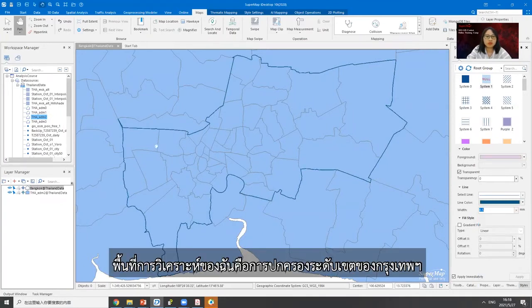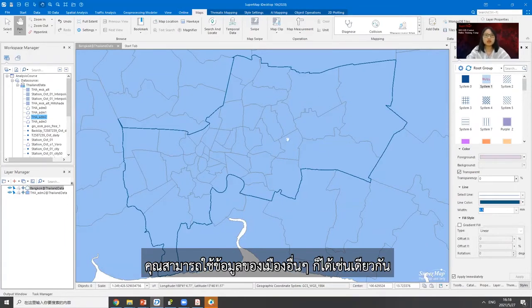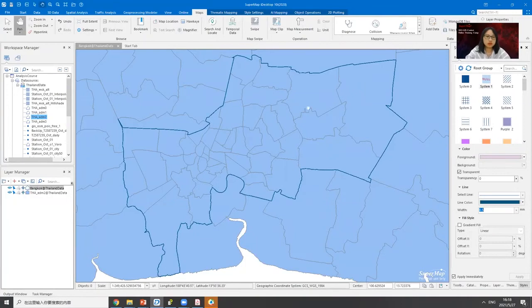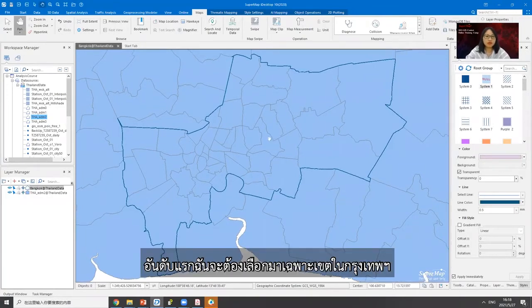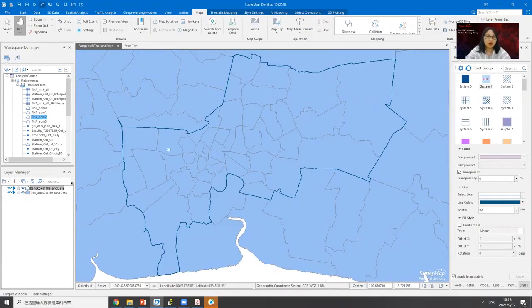So I want to analyze the statistical information of the Bangkok cities. You can also select the cities you want to know. So the first step, I need to extract the cities of Bangkok, and here we can